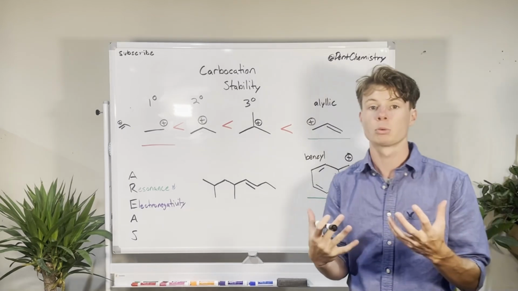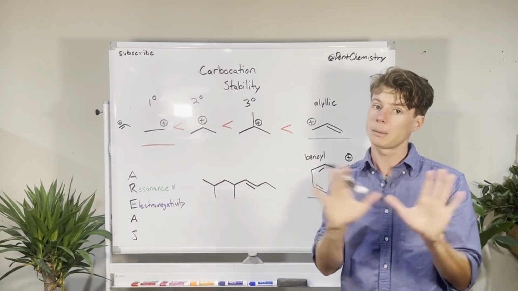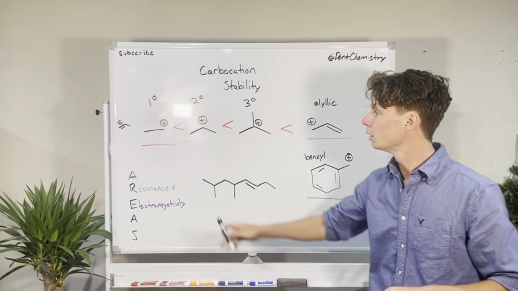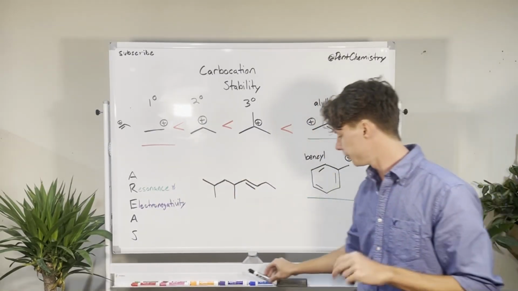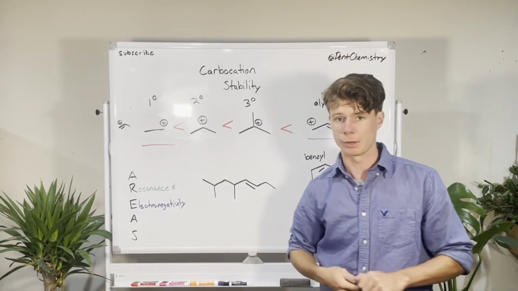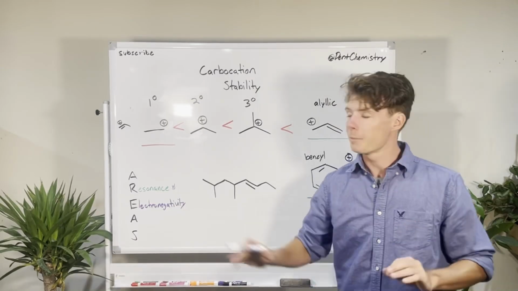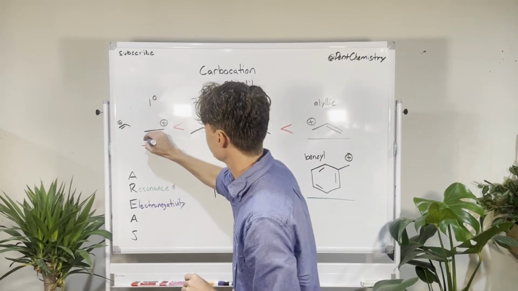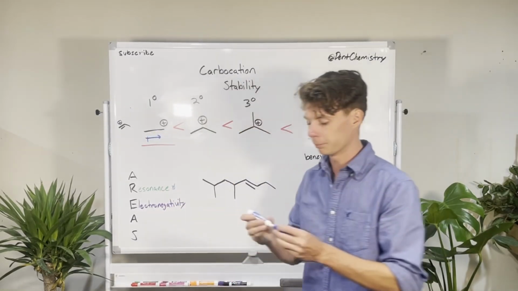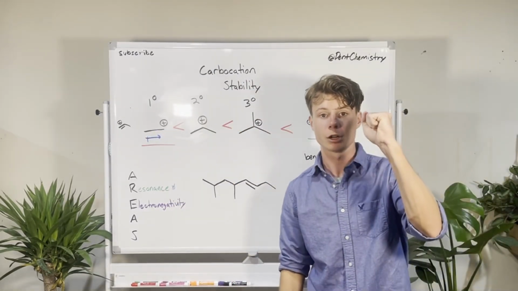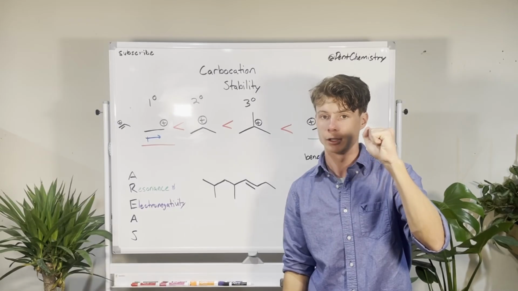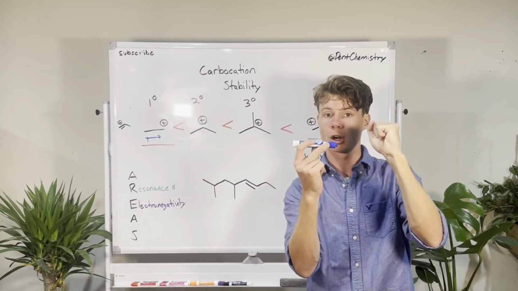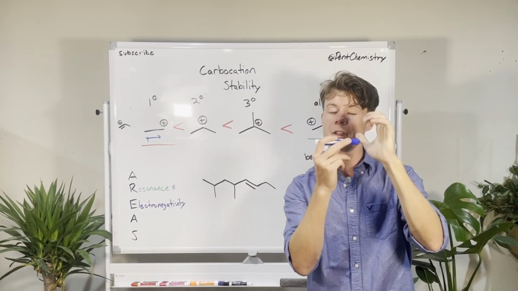Okay, oftentimes we're going to have to prioritize different types of carbocations based on their stability, something we have to know. Our worst carbocation is going to be a primary carbocation. And we call it primary because there is one alkyl group that is donating electron density through induction. Remember, isolated charge is bad. That carbocation is not good. But if I have one group that is donating negative charge to a positive charge, that's going to help neutralize